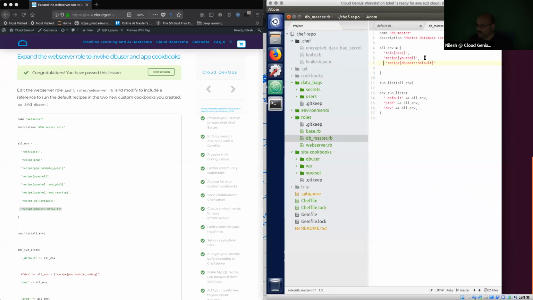Add what? What did I just add? I invoke the DB user default recipe in my database master role. That's one line I added here, and a comma at the top, and then this line. I added a comma at this line, and then this segment on line number 7. That's the new addition I did to my role called DB master, because that should invoke